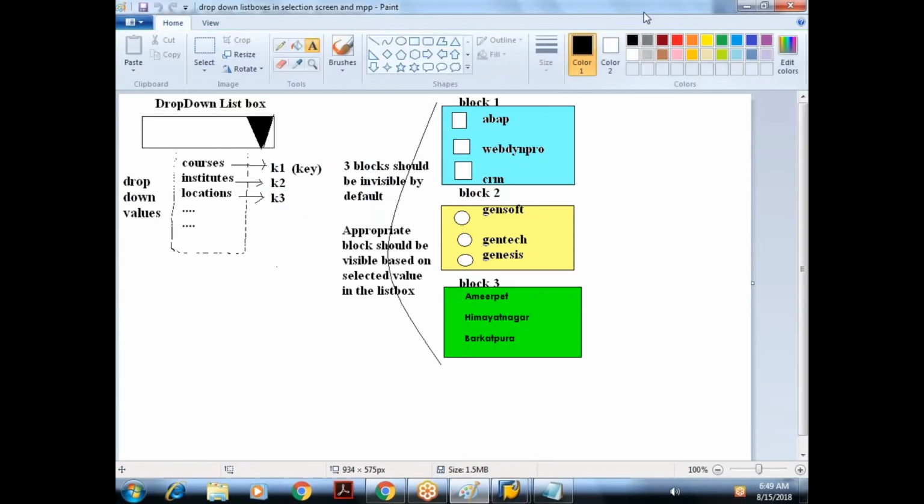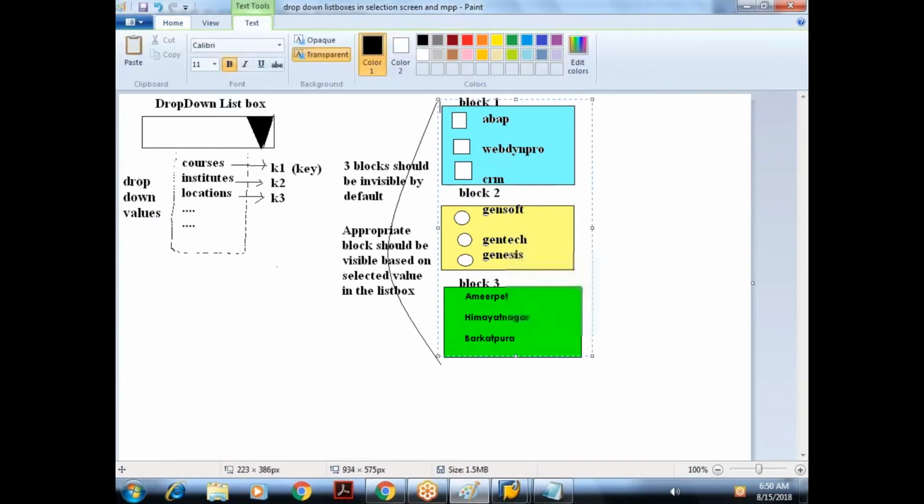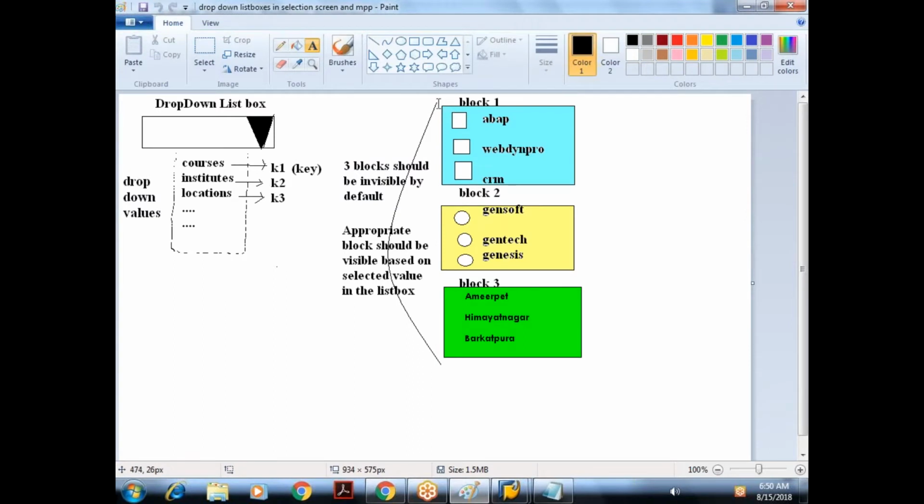And your selection screen should contain three blocks: block 1, block 2, block 3. Block 1 should contain checkboxes, block 2 radio buttons, and block 3 some text. The validation is that these three blocks should be invisible by default. When the selection screen is displayed initially, these three blocks should not be displayed.